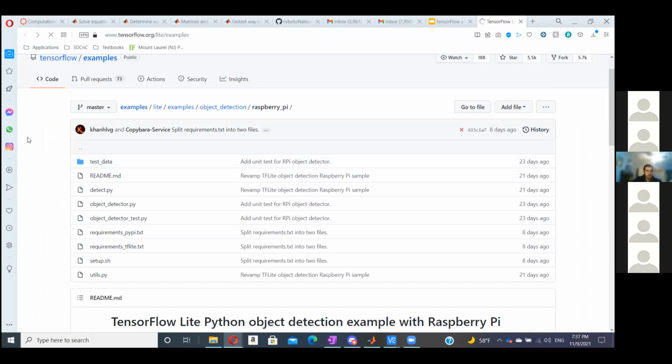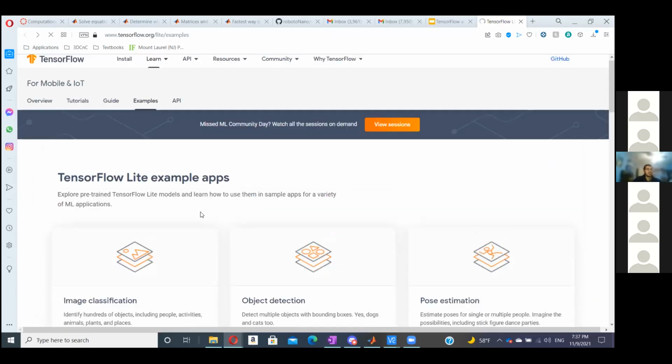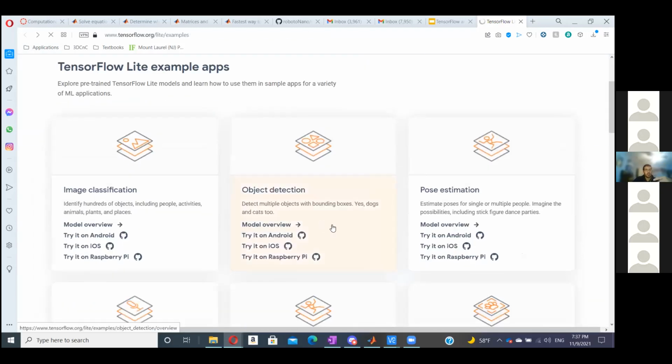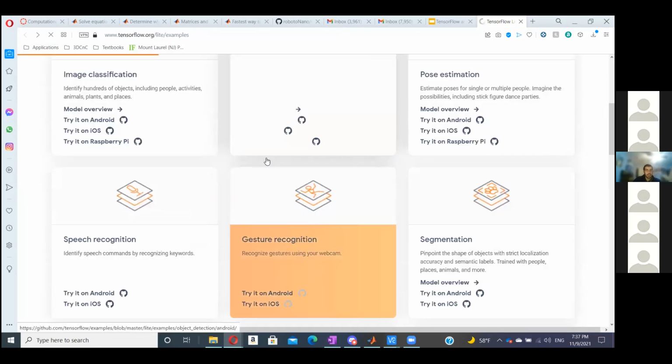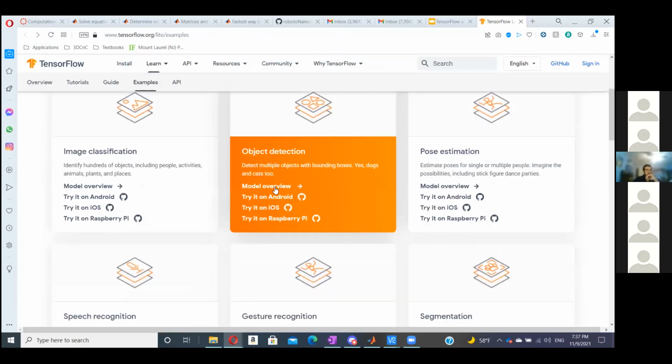The TensorFlow website is filled with a lot of different tutorials you can follow and things you can look at. If you have a Raspberry Pi, I would definitely recommend trying it out with a camera. It's a really good basis for getting into machine learning.